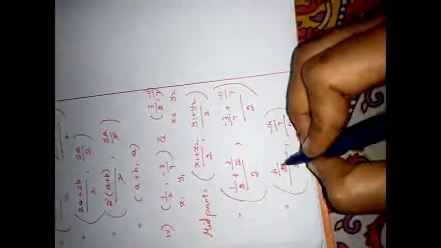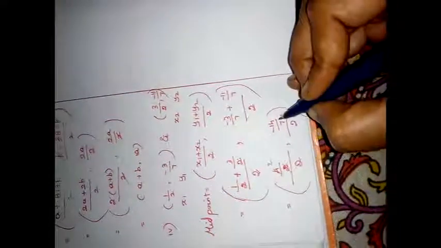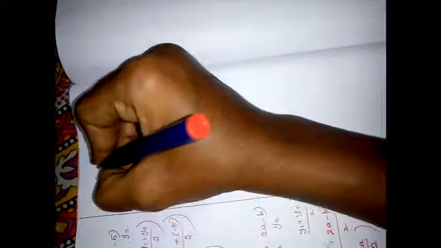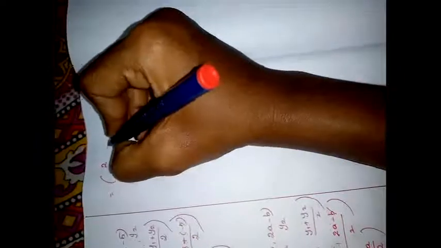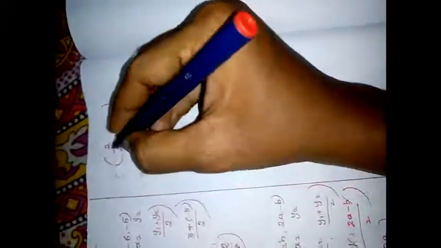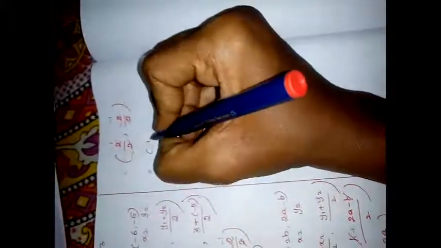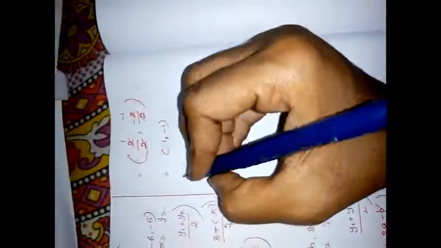If we cancel this, 2 here, -2, so 2 by 2 comma -2 by 2. And if we cancel this also, the answer is (1, -1). This is the midpoint of the line segment joining. And the second sum,